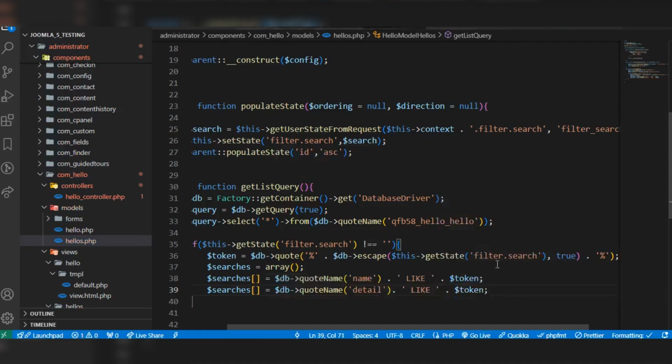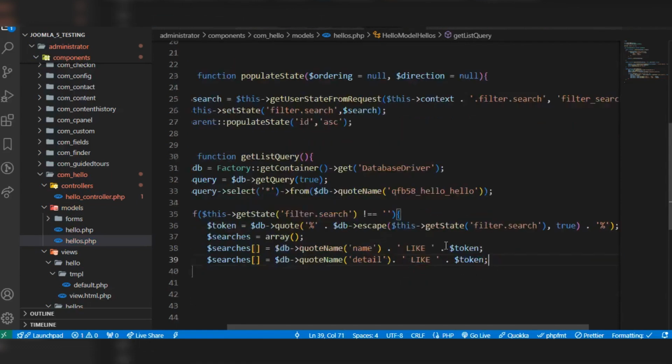We are searching for the name and detail from the search token, and